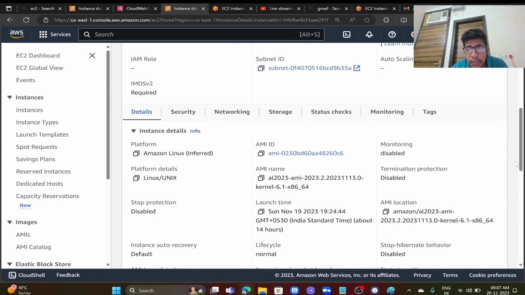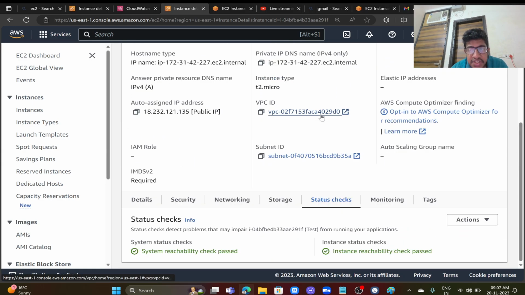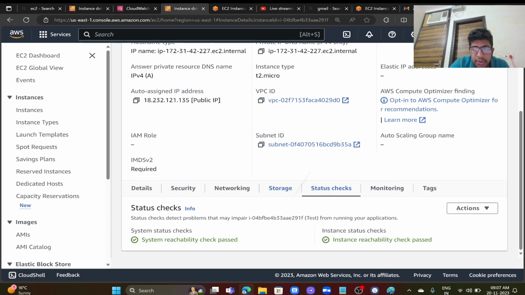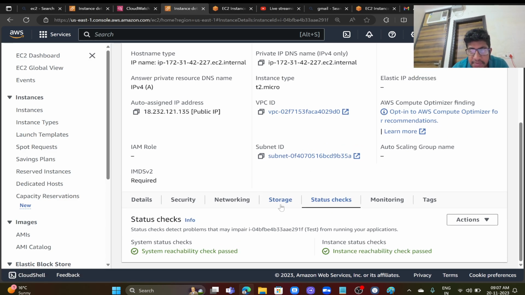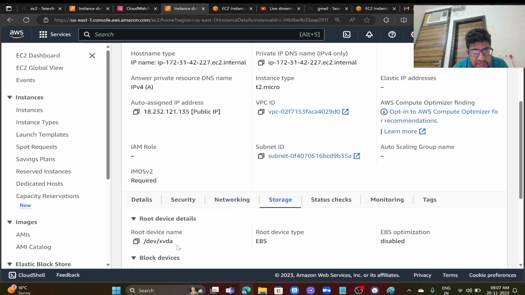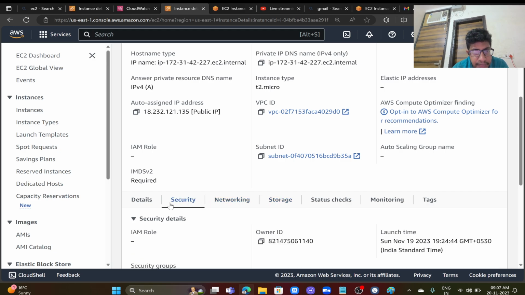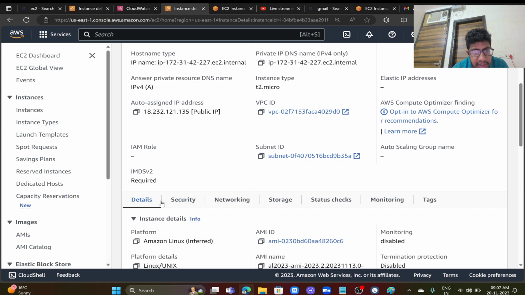Here, check the status. Reachable storage pass. Okay, for storage purposes you can check storage EBS. This is block storage, security details,